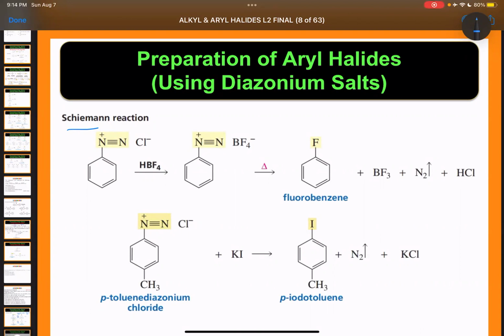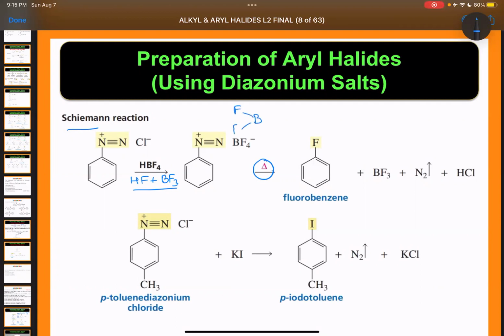HBF4. Can you see? And how is this HBF4 made? HF plus BF3. So either it is written as HF plus BF3, or it is written as HBF4, it is one and the same thing, because F minus will come and join BF3, it will become BF4 minus, and H plus will come out. And when you heat it, look here, you can see the heating sign. So F minus, which was taken by BF3, will come out again,